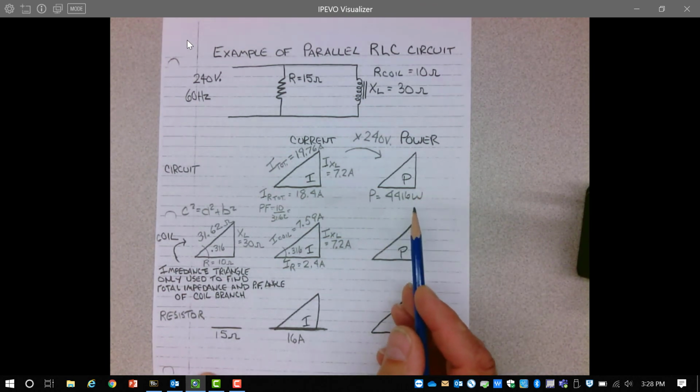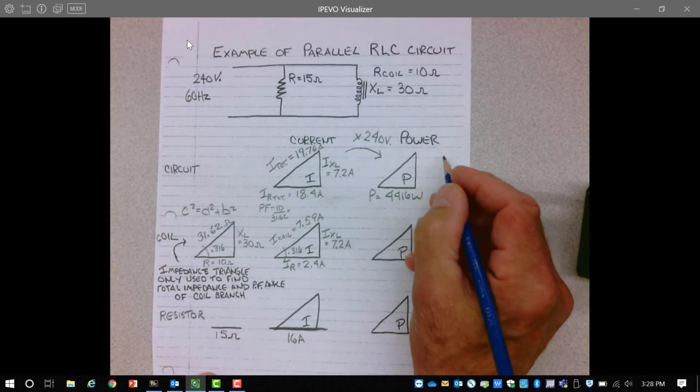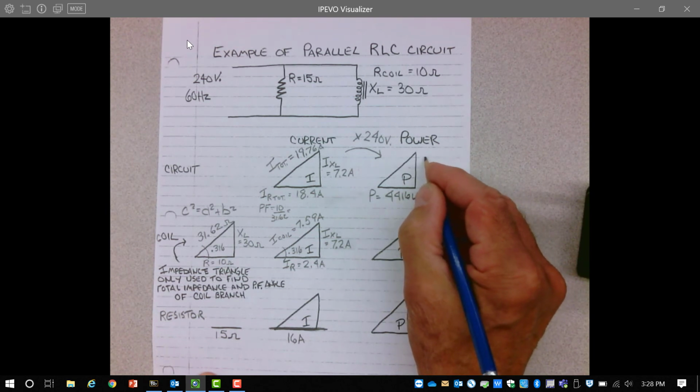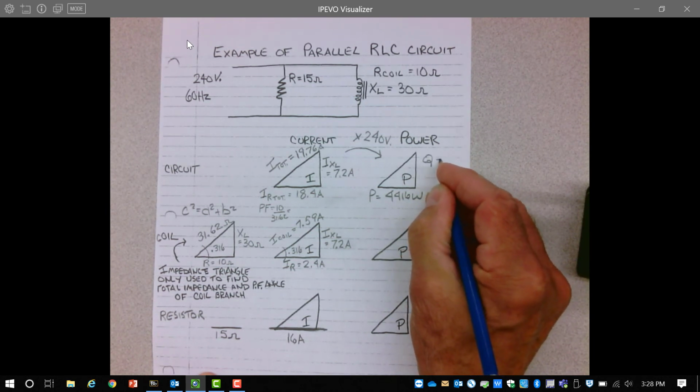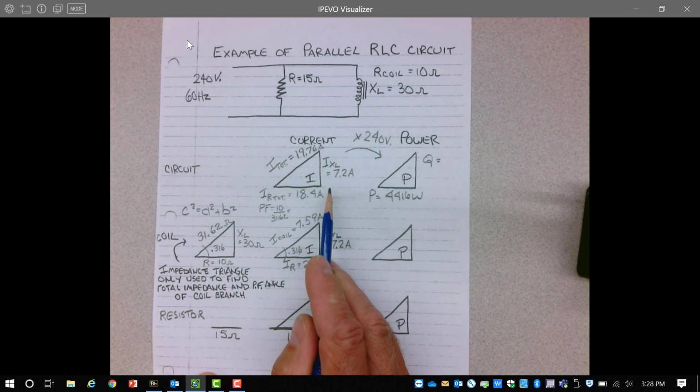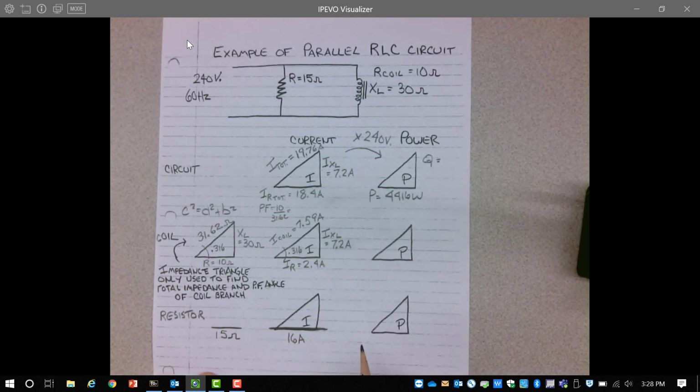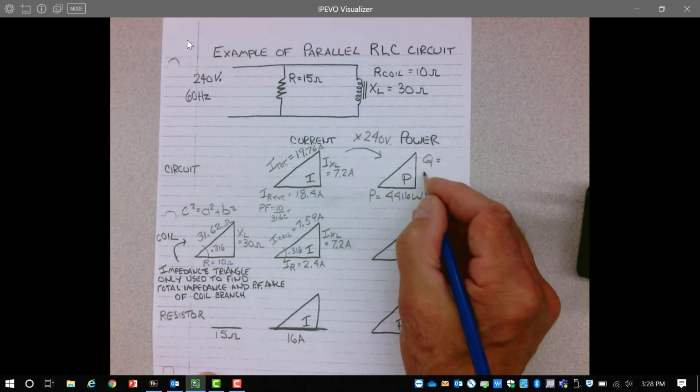So the total power of the circuit is on the horizontal. The reactive power, or Q, is on the vertical. 7.2 amps, the vertical side of my current triangle, times the voltage, 240 volts, should give me the reactive power, which should come out to